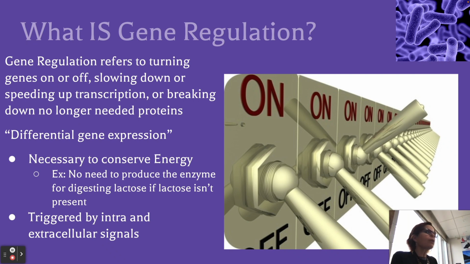So we only want to produce the protein for digesting lactose when we've actually eaten lactose. And so that's gene regulation. If all of our genes were on all of the time, we would immediately run out of energy. We can't survive that way. We don't have enough energy stored in our bodies for all of our DNA to be triggered all at the